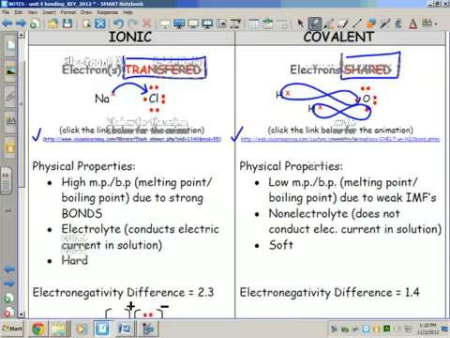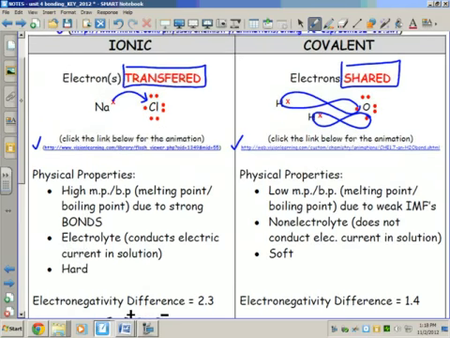One other thing to remember, whenever bonds form between atoms, the atoms of each element attain a noble gas configuration. The noble gas configuration for chloride is the same as argon, right? Because it gains one electron, so it would be the period 3 noble gas argon. Sodium loses an electron to gain the noble gas configuration of neon, the period 2 noble gas,